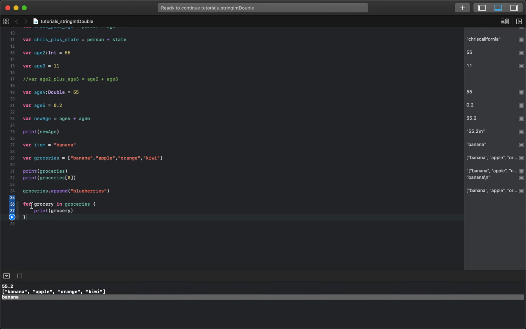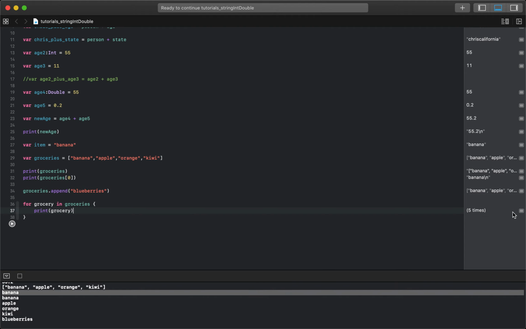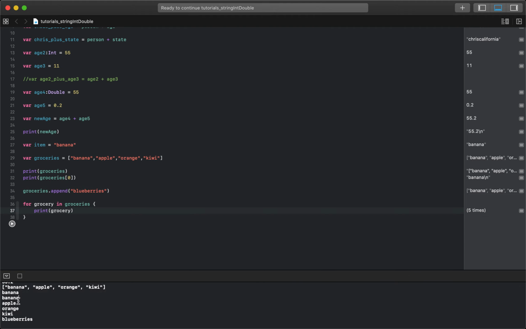And as long as I'm within these two curly brackets, each time it runs through this loop, I'll be able to refer to each item in this list as just grocery. So when I hit run, it ran through it and it printed bananas, apples, orange, kiwis, and blueberries, just as I asked it to. So I said for every one of the groceries in these,